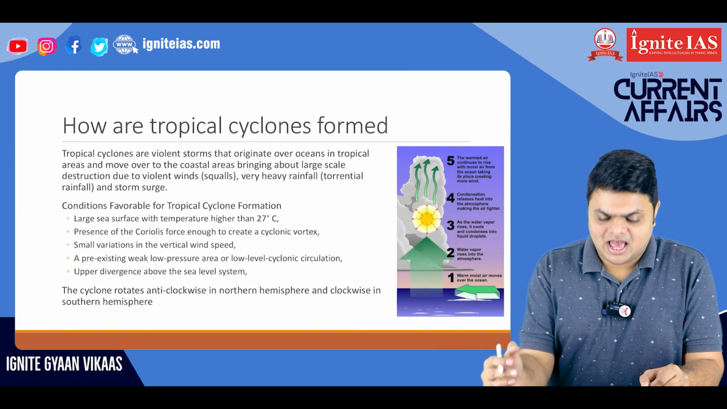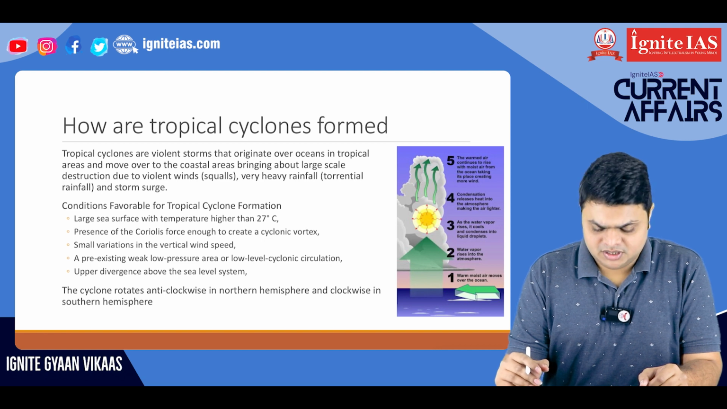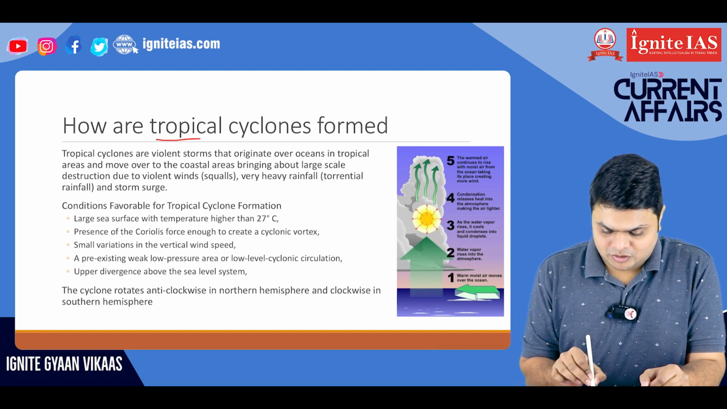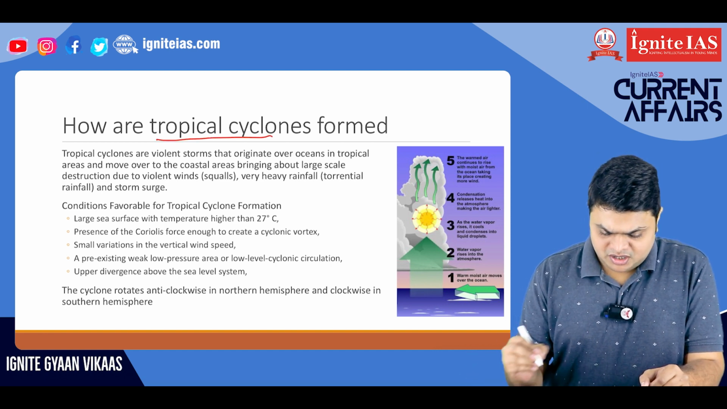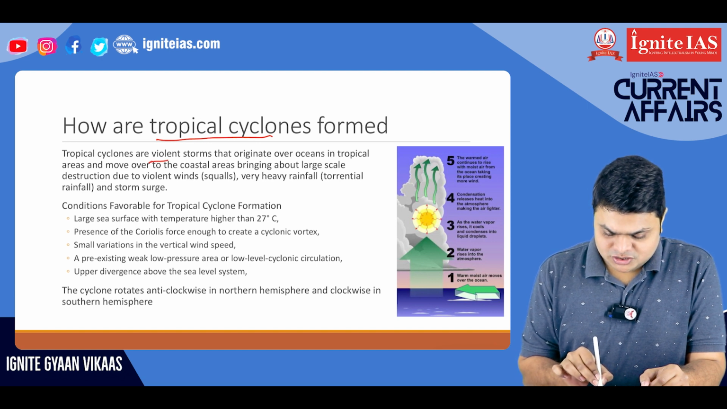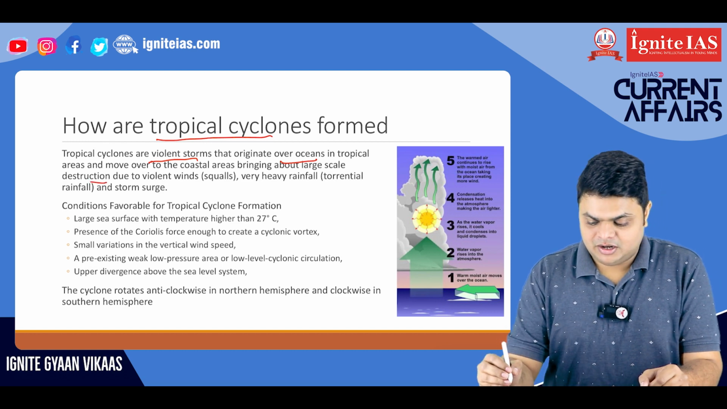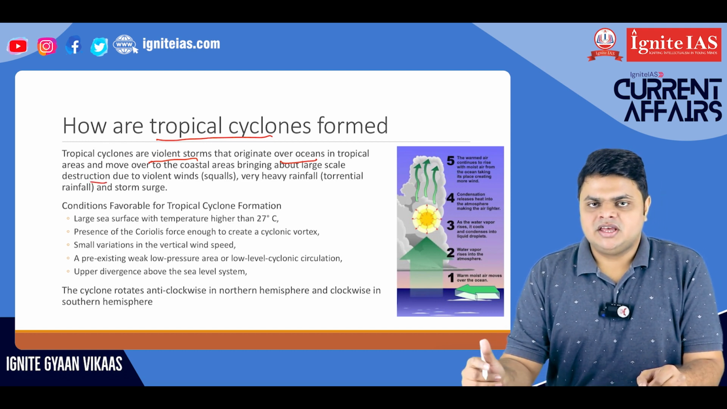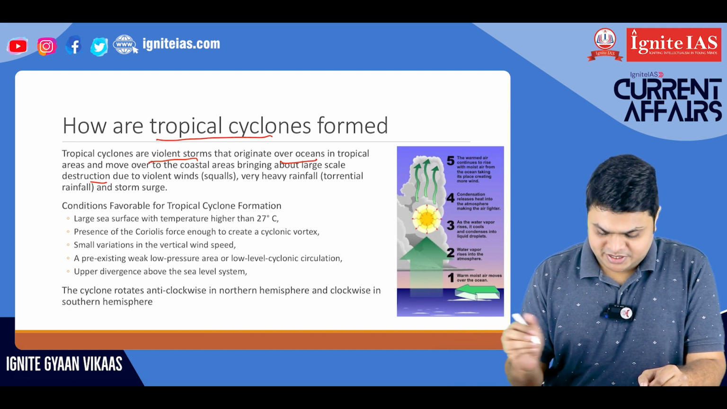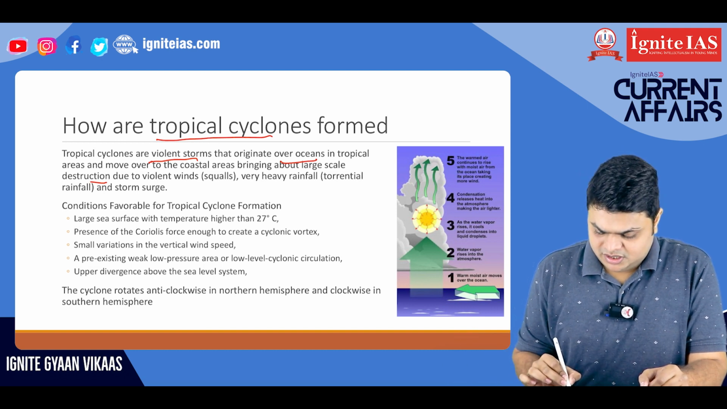Now let's understand how actually cyclones are formed. So we'll understand how tropical cyclones are formed. Tropical cyclones are violent storms that originate over oceans in tropical areas and move over to coastal areas, bringing about large-scale destruction. Now, basically, what happens is when the ocean sea surface temperature is high, the ocean